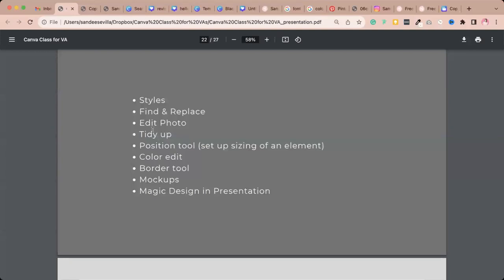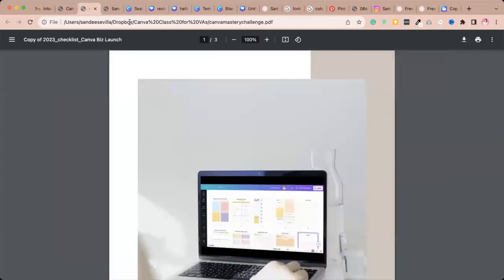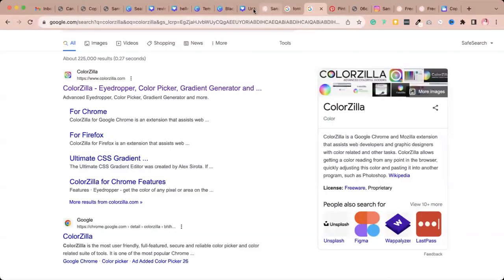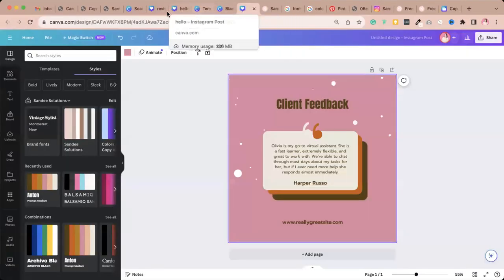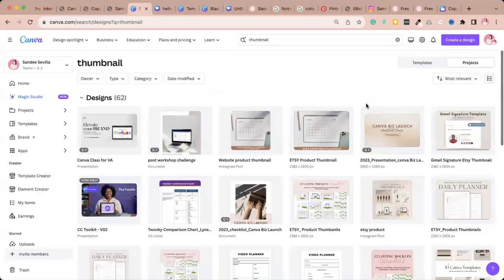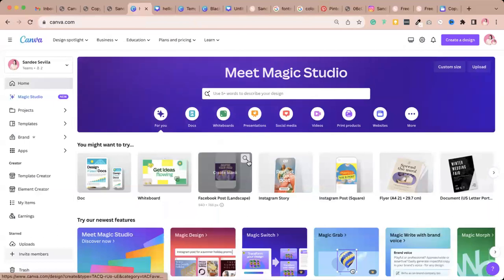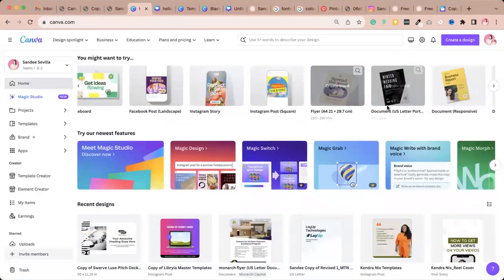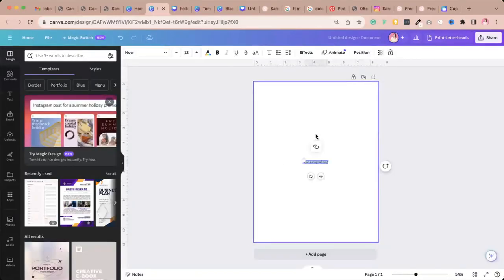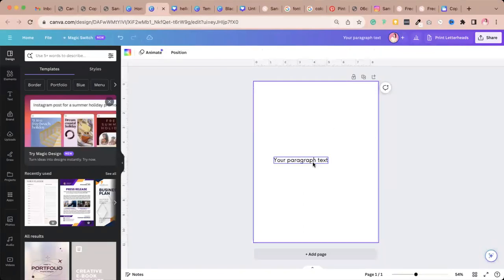Okay, now let's proceed to tidy up. So tidy up, I really love using tidy up if I'm working with planners, workbooks, and other text heavy projects. So let me show you how I use it. So for example, I'm gonna create a checklist or a lead magnet. So here I'm gonna say the title will be